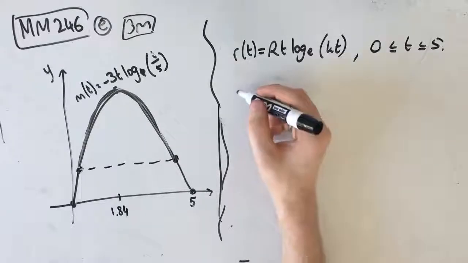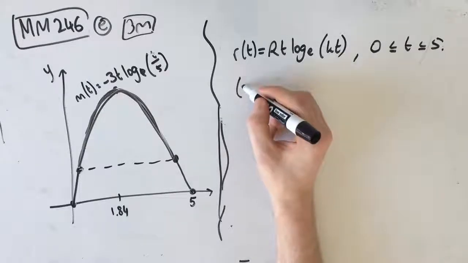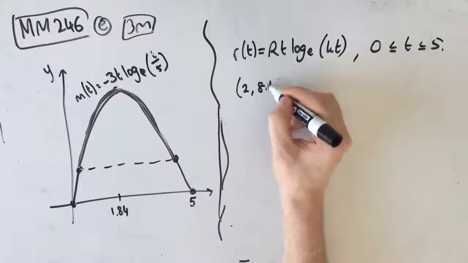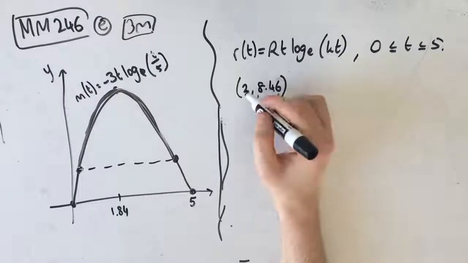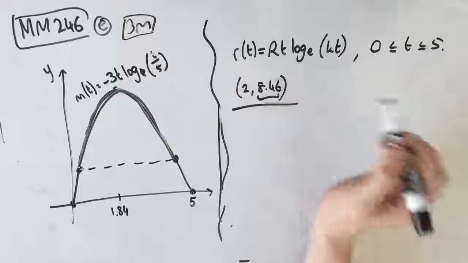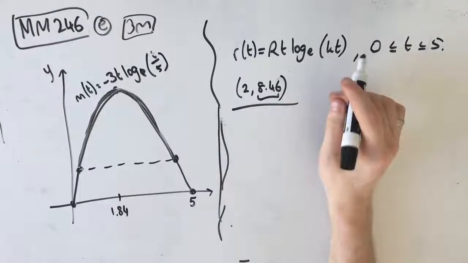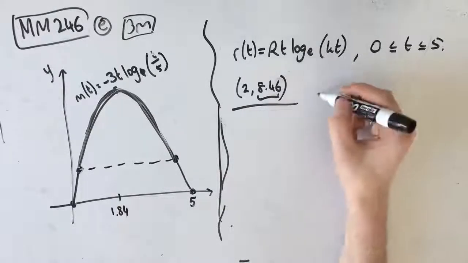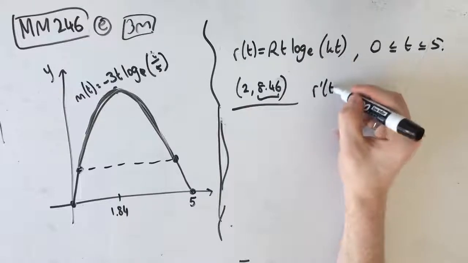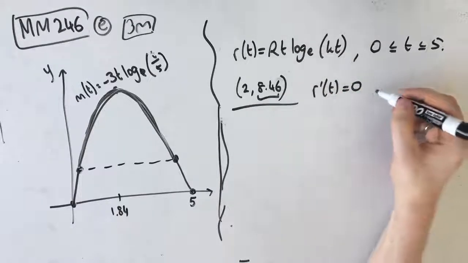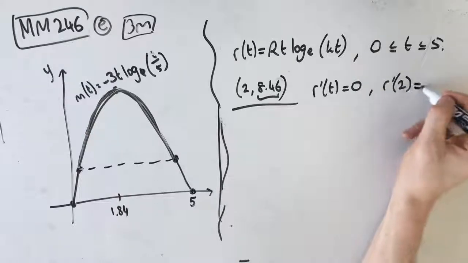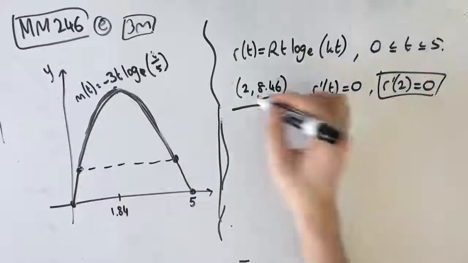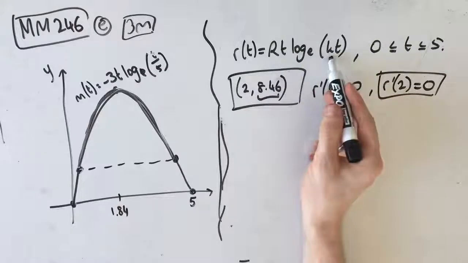Awesome. So we know that our function passes through the point (2, 8.46), right? Because it's 8.46 chest hairs at t equals 2. Cool. So we know that it passes through that point. And we also know that that's the maximum concentration, okay? Which means that r dash of t is equal to 0 at this point, which means that r dash of 2 is equal to 0. Okay, so we're going to use these two things to figure out our values for r and k by using